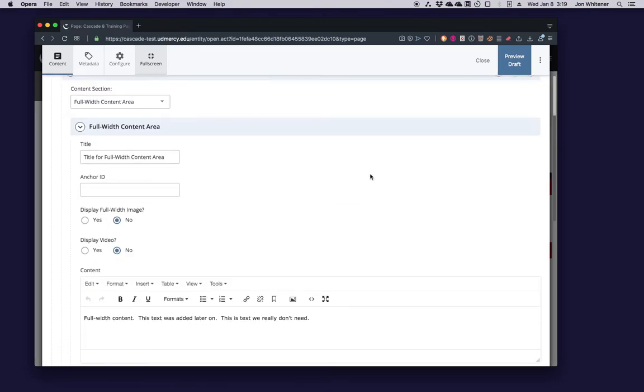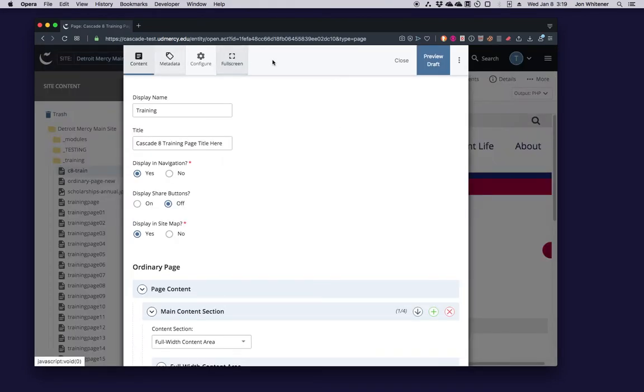And then for right now, I'll just undo that. And we'll see the display name and the title for the page first. If you're familiar with our Cascade pages in the past, the display name is what's going to show up in navigation menus primarily for this page, and then the title is what's going to show up at the top of your page under the header, and that should be the full, although concise as possible, title of your page, but you have more room to give a fuller title in the title field.